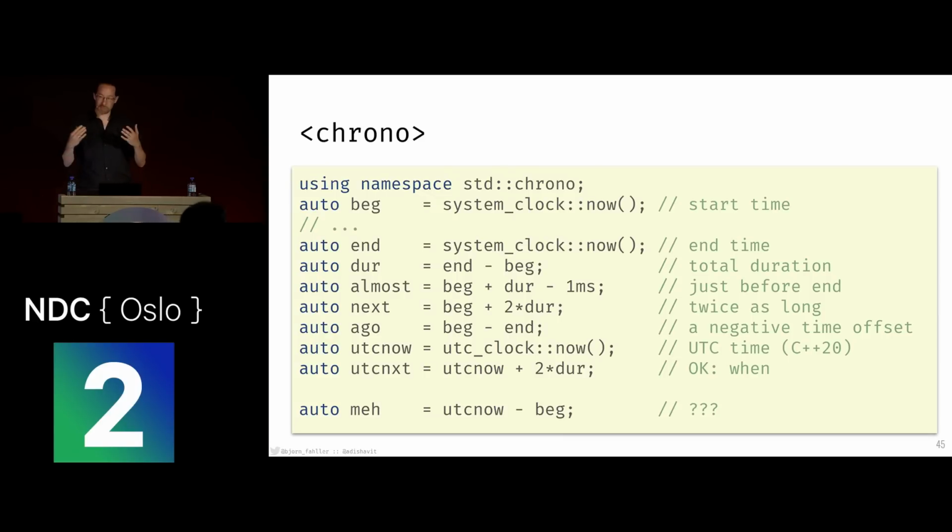One interesting example, just if you guys are interested, is that C++20 is actually bringing chrono into the calendar. It brings calendars and multiple clocks. So in this case, UTC clock now is going to give us not the time where the machine is running, but actually the time at Greenwich. So this is a different clock than what the system clock would have given. And now UTC now is still a time point, but it's actually templated on a different clock, so it's a different type. So if we look at the UTC next, and it's assigned UTC now plus 2 times duration,